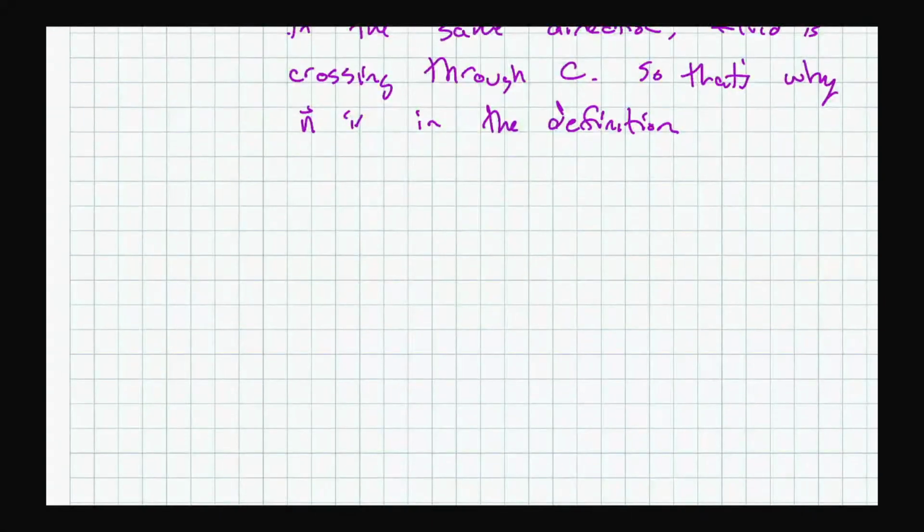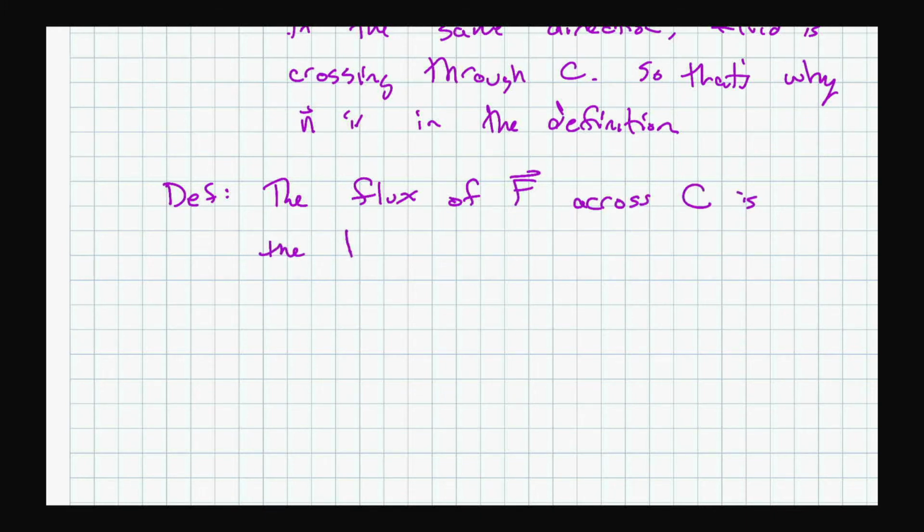So our definition says the flux of F across C is the line integral over C of f dot the unit normal ds,